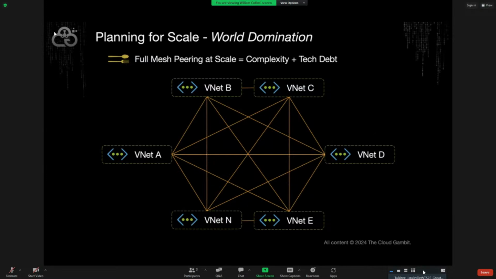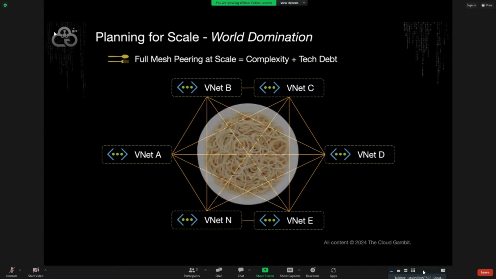So this becomes problematic for a lot of reasons. And usually what happens is you have to go back and do some sort of re-architecture. Spaghetti is a spaghetti mess. If you think of each one of those noodles as a different network construct, it becomes untenable to manage because it's a